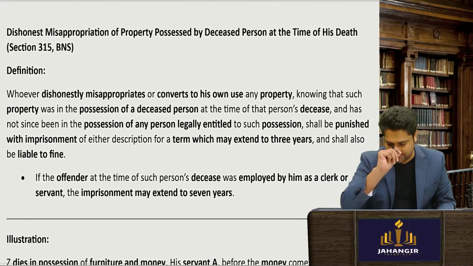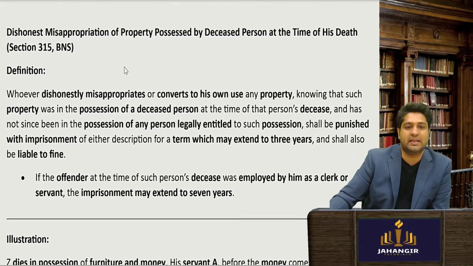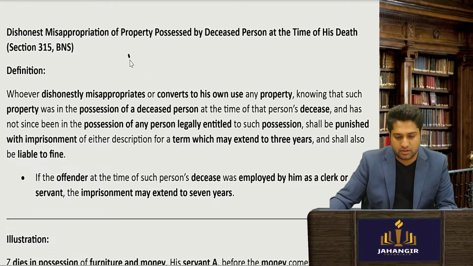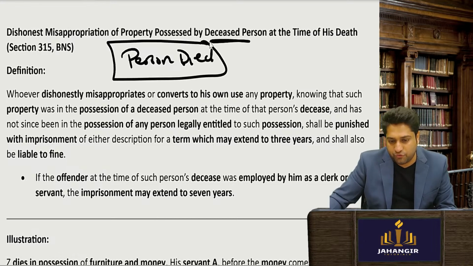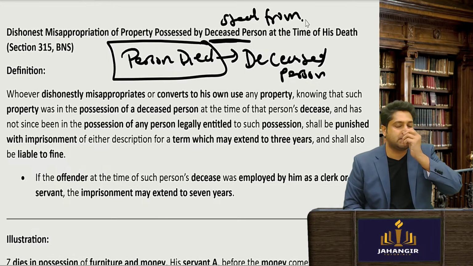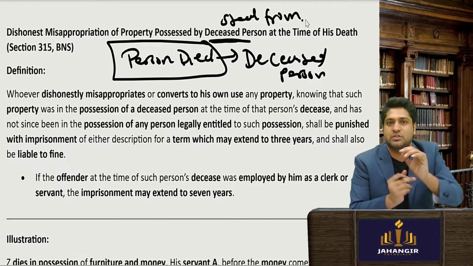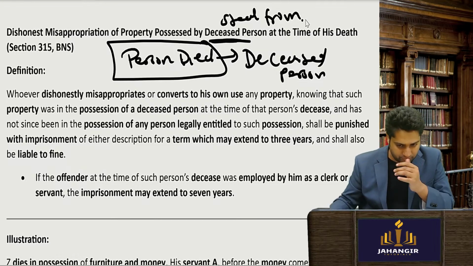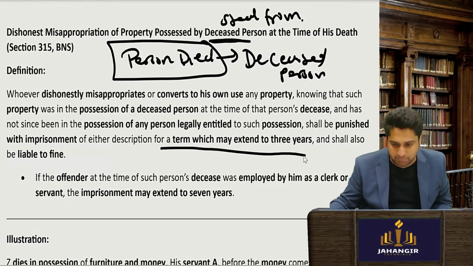Now come to the next thing. Normally if a death is there, a person died. Okay, a person died. Now a person who is dead is called a deceased person. So a person can steal from a deceased person. So if a person died, someone comes, takes his watch, purse, everything. So that all is a separate offense for which the law has given a punishment.